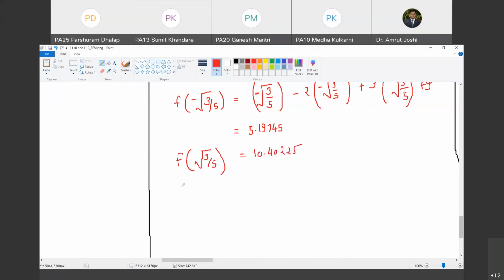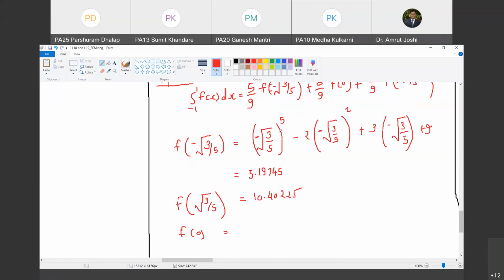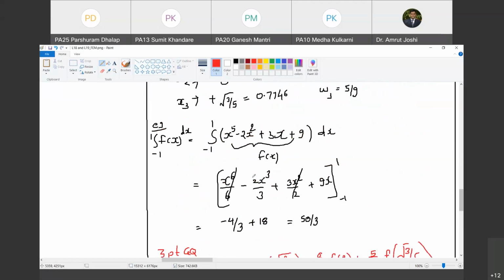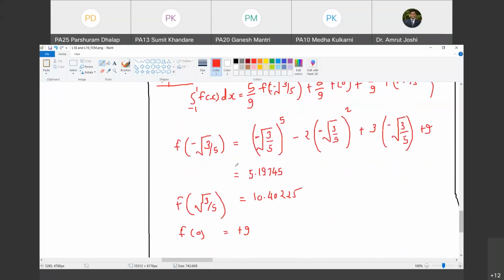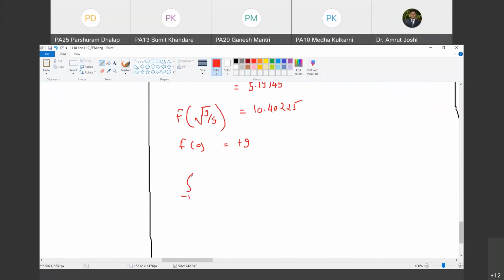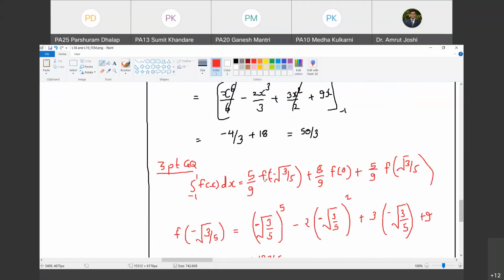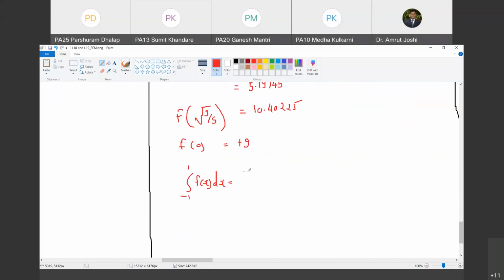And now let us find out what is f of 0. So I will have to replace x by 0. So this will be plus 9. Do you agree with me? Yes. And now we also know the weights attached. So therefore, what is integration from minus 1 to 1 of f of x dx? This will be equal to 5 by 9 multiplied by the first value, that is